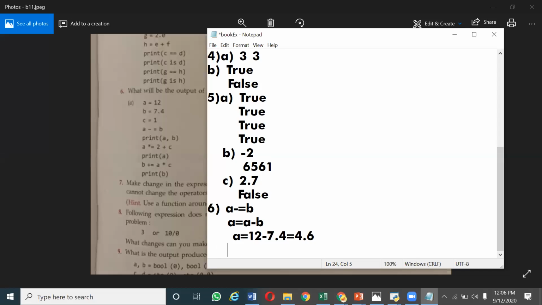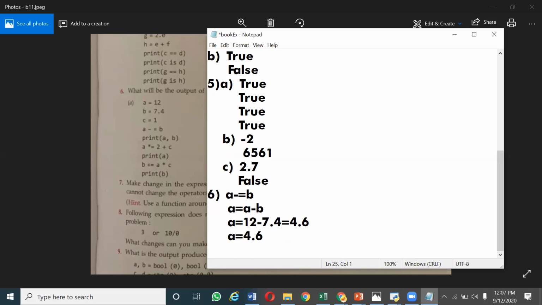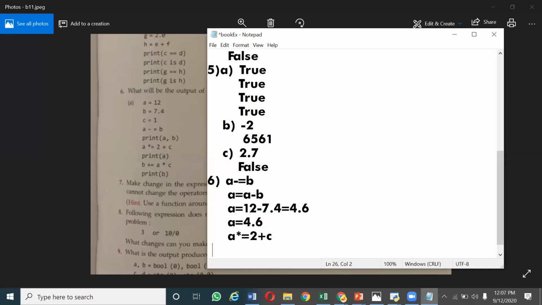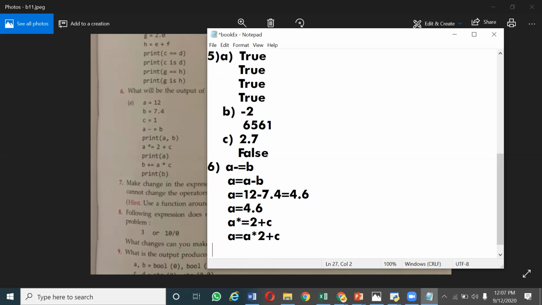A equal to 4.6. Next, A star is equal to 2 plus C. When you expand that, you get A equal to A star 2 plus C. Now substitute the value.